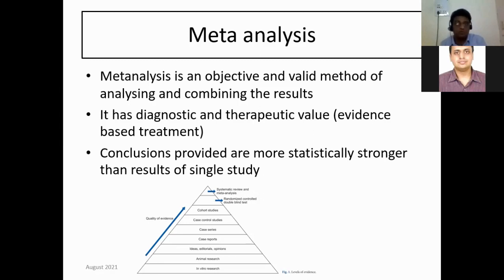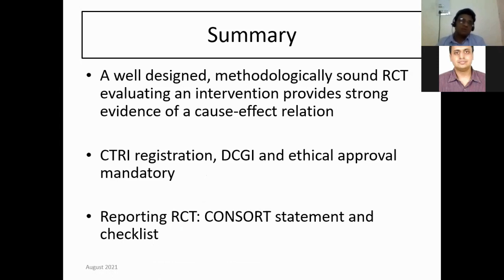Many times you would have realized, what is the evidence that treatment A is better than treatment B? Such kind of answers are usually generated from meta-analysis. But yes, conclusions provided are far more statistically stronger than the result of a single study. And we can see that above RCT, you have systematic reviews and meta-analysis. So at the level of hierarchy, the systematic reviews and meta-analysis of RCTs are at a much higher level. So with this, I almost come to the end of this presentation to summarize that a well-designed, methodologically